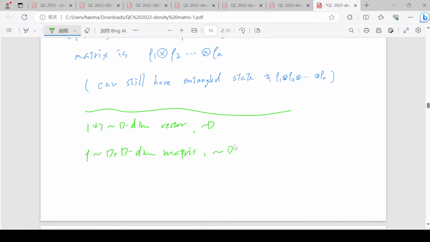So there are about d squared numbers to describe it, and writing things in rho is usually more annoying in notation, but anyway,